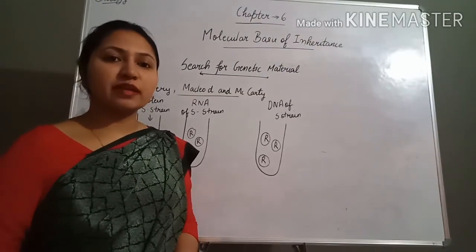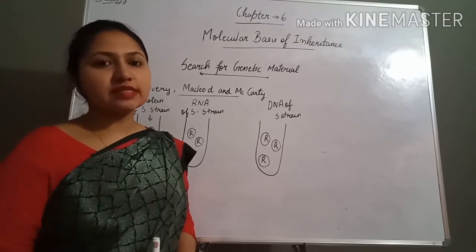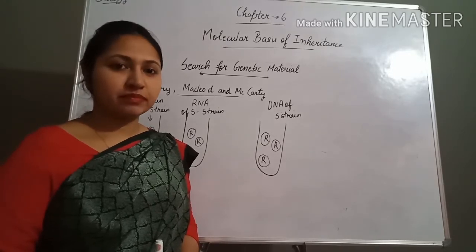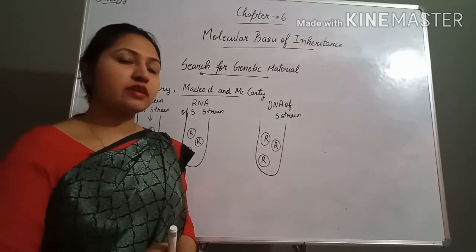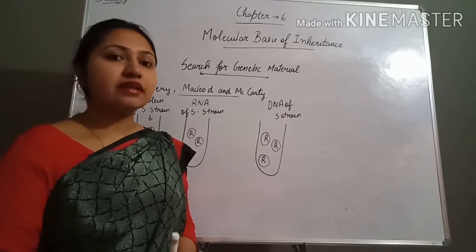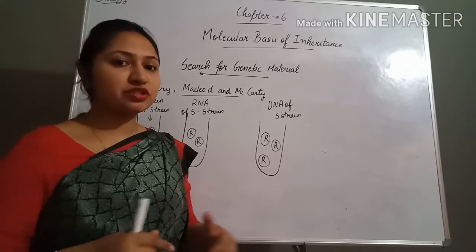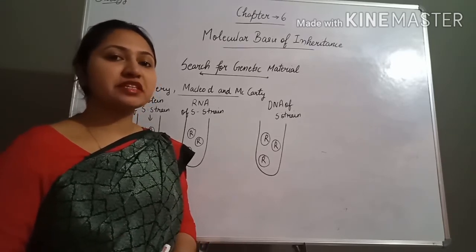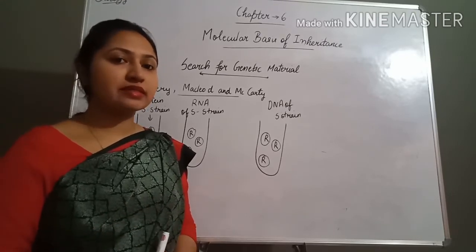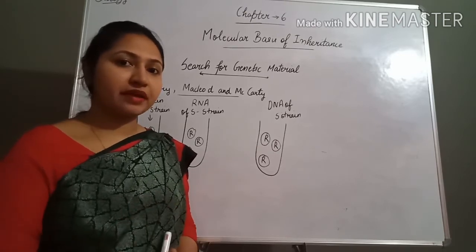In the Griffith experiment, we learned that some transforming agent converts the R strain into the S strain. When Griffith took a mixture of the heat killed S bacteria and the R strain, both of which are harmless individually, and injected it into the mice, what happened? The mice died.